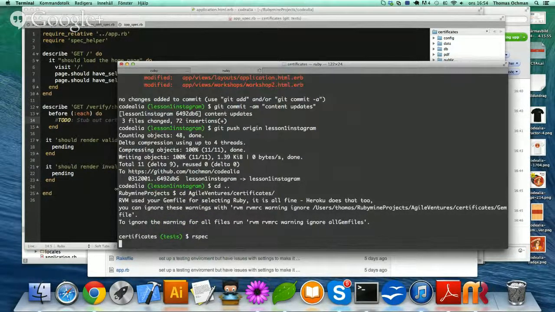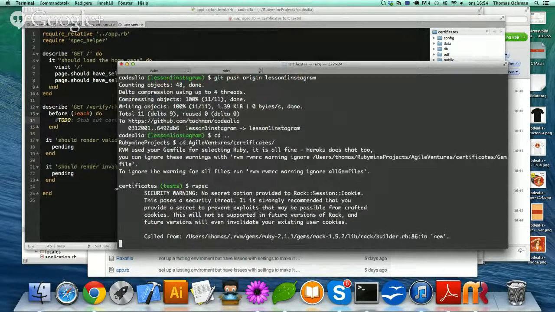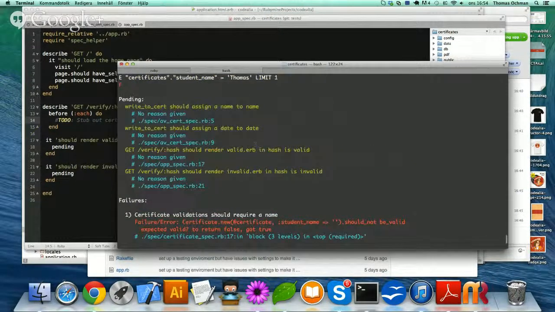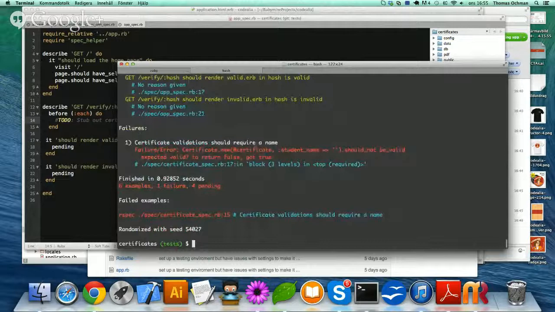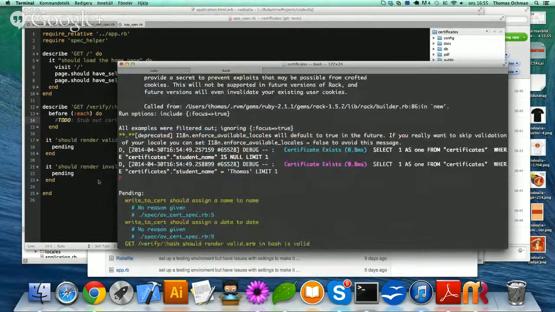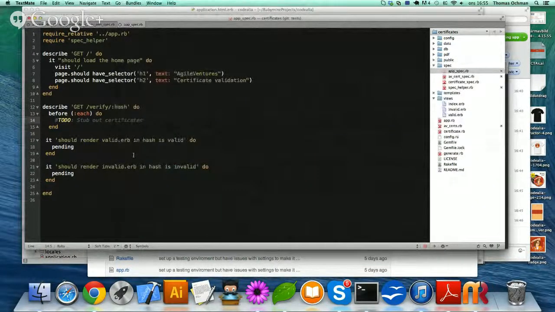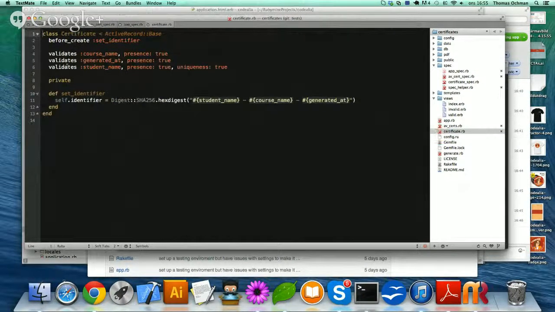First of all, we need to verify whether I set this up properly or not. Okay. I guess you just want the spec, right? Yeah. Okay. We don't need Cucumber on this one. First of all, the most important thing for us is to validate whether the certificate.rb model is doing whatever it's supposed to do, right? If we can, because we have some validations. So we should write some specs for that.